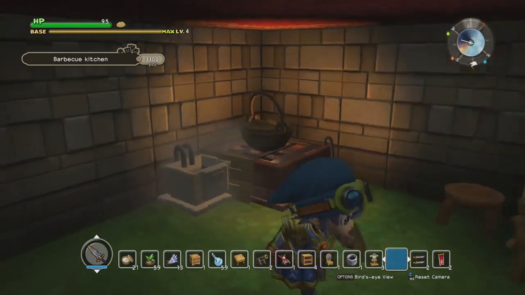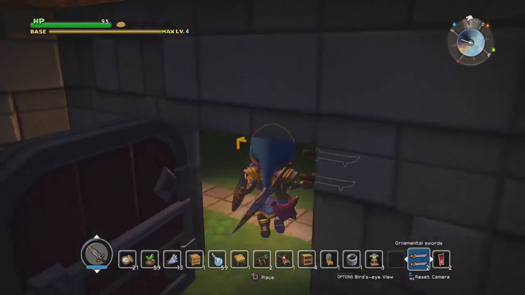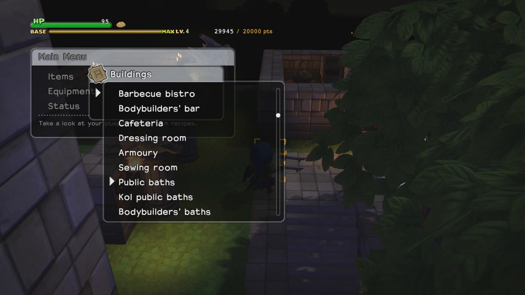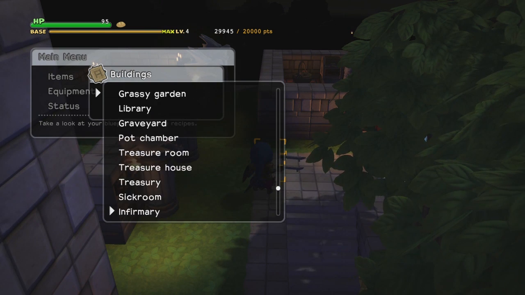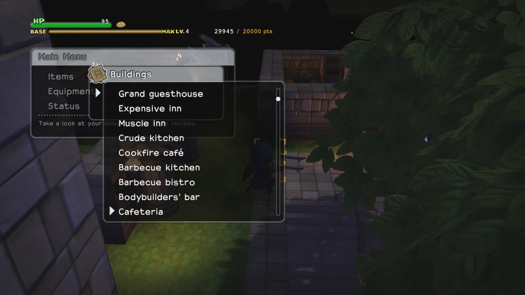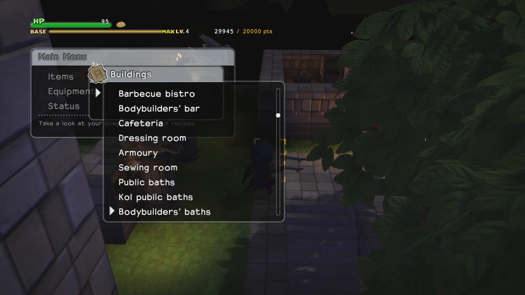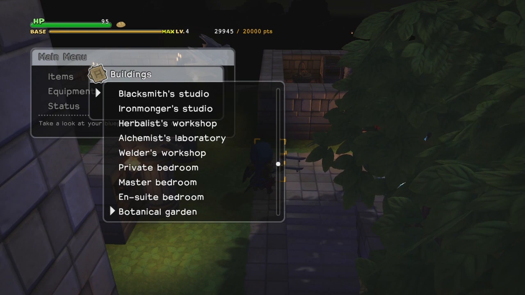So what I'm gonna do is I'm gonna convert over a bunch of these things. I don't know if we can make a... Can I make a dressing room? No, I think a dressing room requires a... Let's check this. Where is a dressing room? Dressing room. Okay, dressing room requires an armoire. Armory requires an armoire and those things. So I don't think I can do that. But maybe we can do... Where's the,